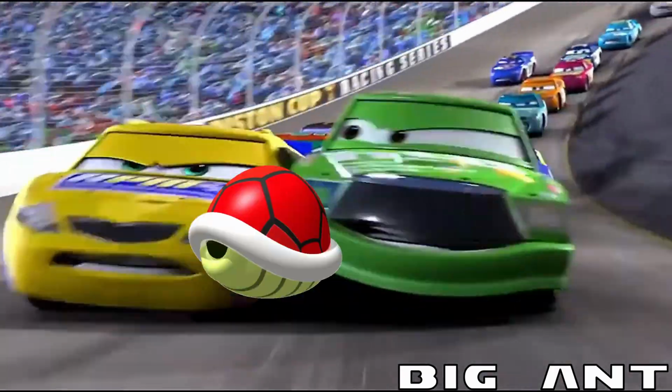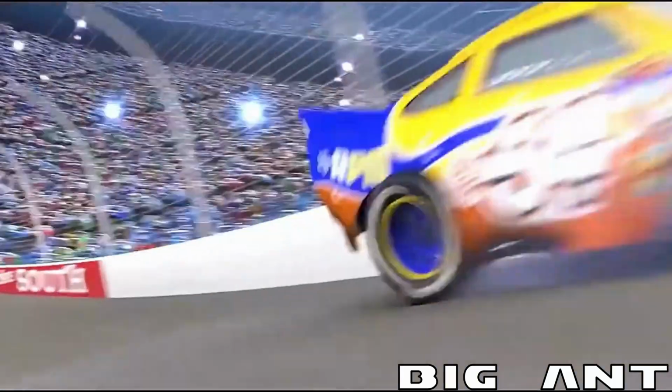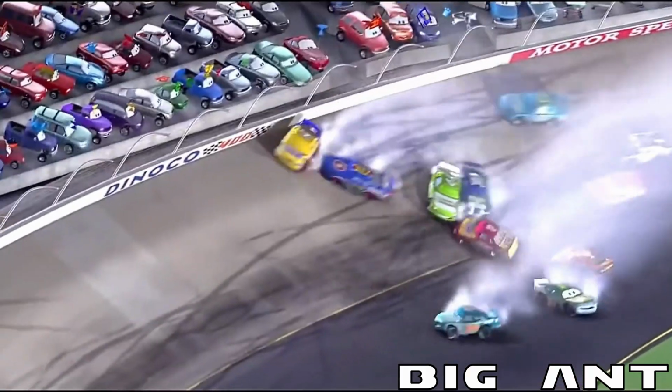Dinoco's all mine. Trouble, turn 3. Get through that, McQueen. Oh, a huge crash behind the...